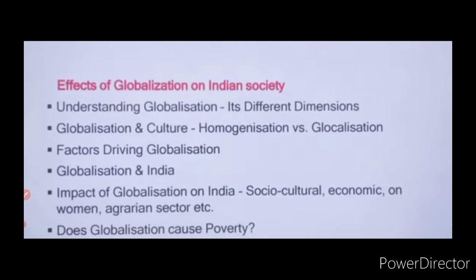So understanding globalization, its different dimensions also very important. Now globalization and culture. So homogenization versus globalization. So globalization is a term when we combine globalization plus local. So global plus local is equal to globalization. Then factors which are driving globalization,